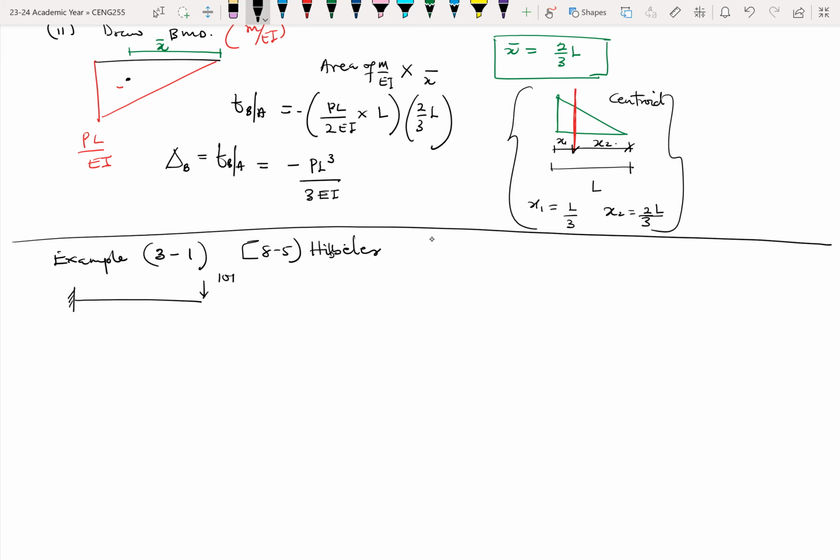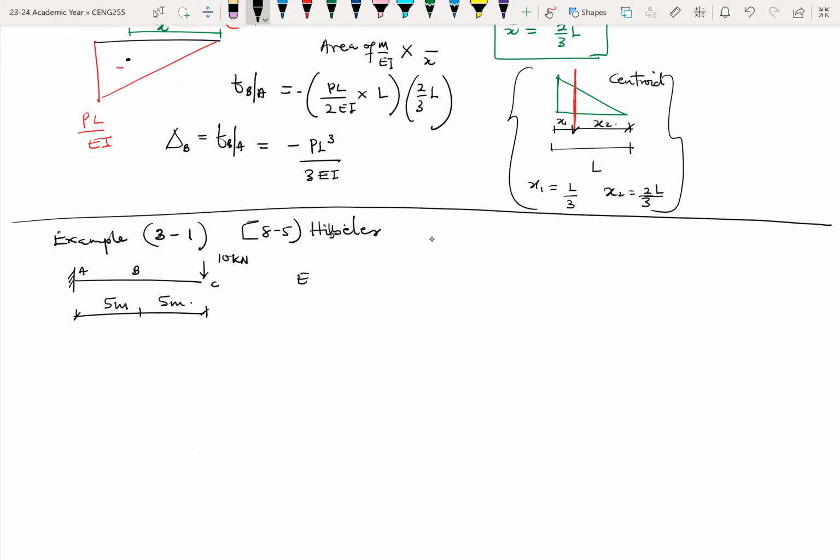I know there's some 2B somewhere and then 1L somewhere. So what the Hibbeler, I think it has this structure. This is 10 kilonewtons, A, B, and C. And it says we should find, so this is 5 meters each. And then we're given a value of E. E is equal to 200 GPa. And I is 360 times 10 exponent 6 mm 4. And the question says we should